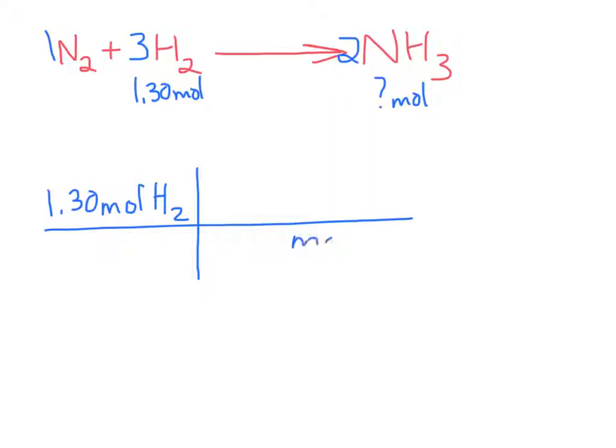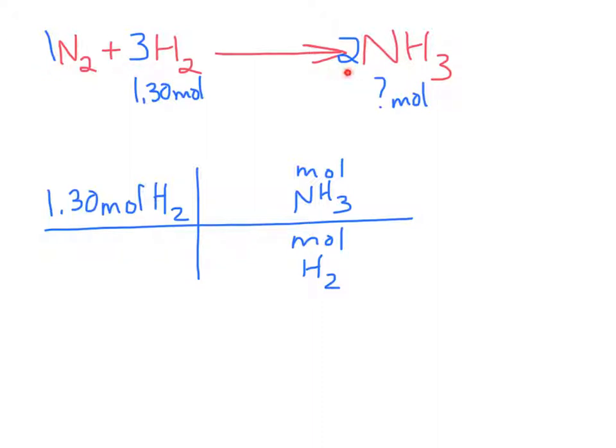So down here we're going to put moles of hydrogen, and on the top we're going to put mole of ammonia. And remember, mole over mole, this is our mole ratio,